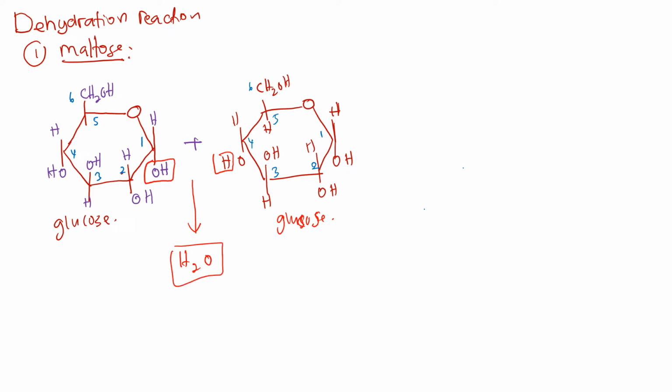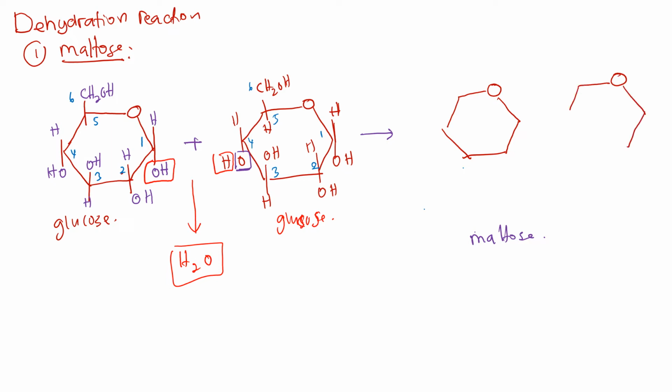Okay, so because you have removed the hydroxyl from carbon number 1 and the hydrogen atom from carbon number 4, now you join the two glucose molecules together. Remember, there's still oxygen at carbon number 4. You have to be very careful to draw the product, which is the maltose. So you copy the structure again: oxygen, and then the hexagon shaped structure, and beside it the same